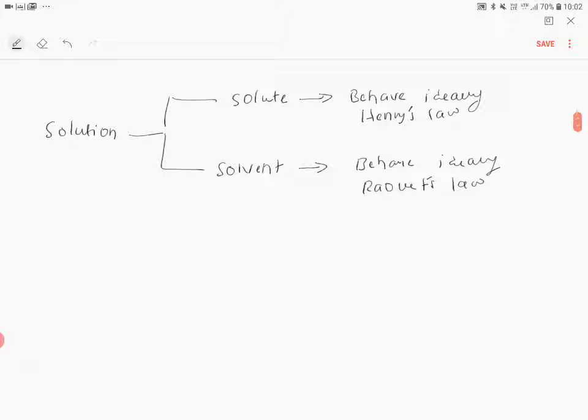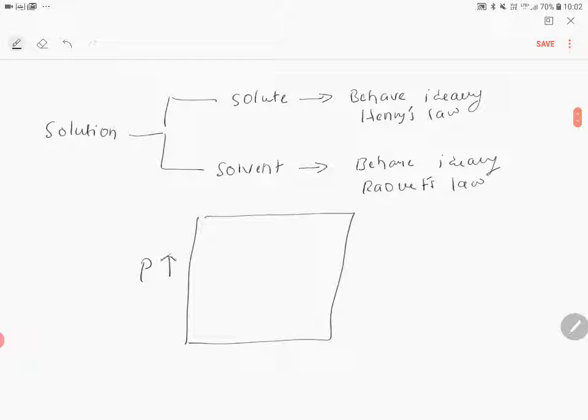So as the real solution approaches the limit of infinite dilution, its components behave more ideally. It means when you dilute the solution, the components behave more like an ideal solution. The solvent obeys Raoult's law, whereas the solute, that is the minor component, obeys Henry's law for dilute solutions. So if we draw a graph like this,